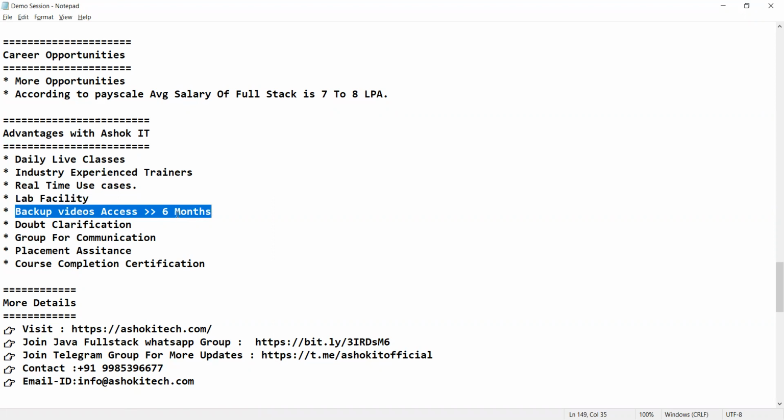If you miss any session on a particular day, you can go through the video access. Those videos can be accessed for up to 6 months only. And we will be having doubts clarifications as well. At the end of every session, every day, we will be taking your doubts clarifications. Or else, if you want to interact with me